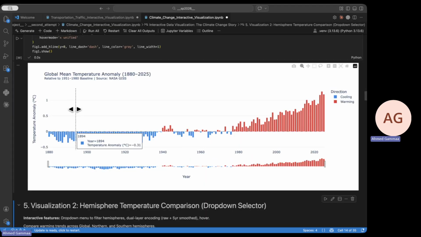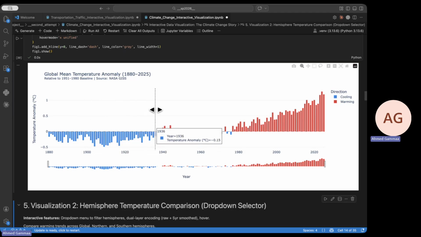This is a simple bar chart. It shows how much the temperature is deviated positively or negatively from the baseline, which, as I mentioned, is the 1951 to 1980 average. And as you can see, as I hover here, till the 1940s,